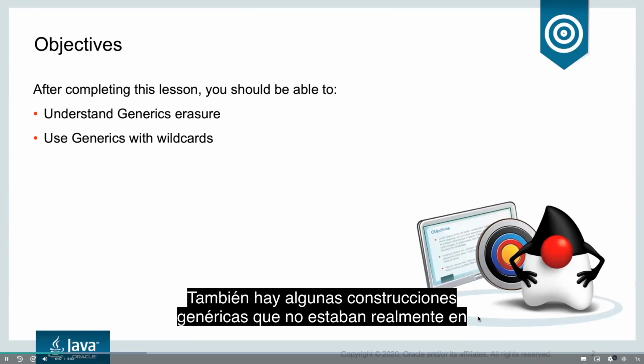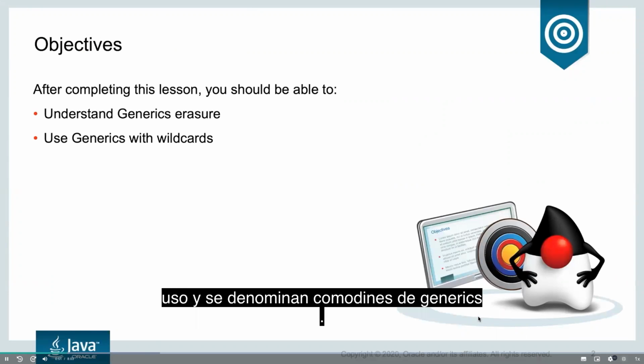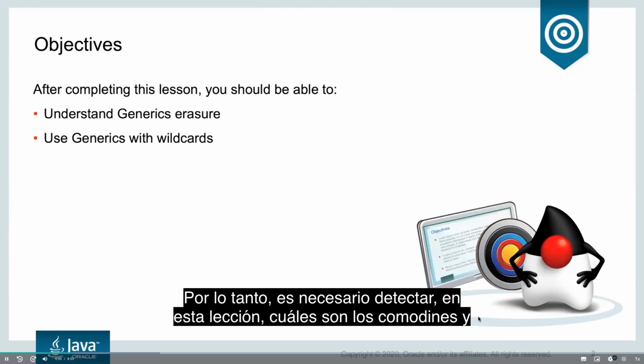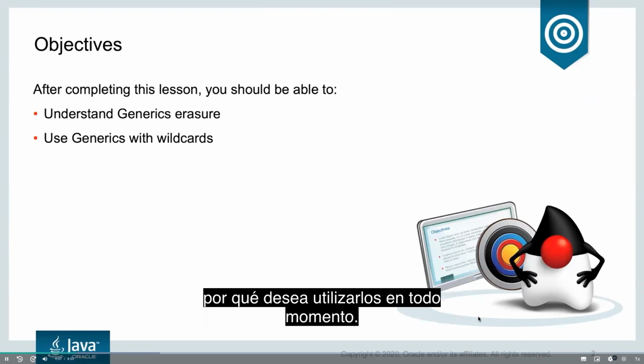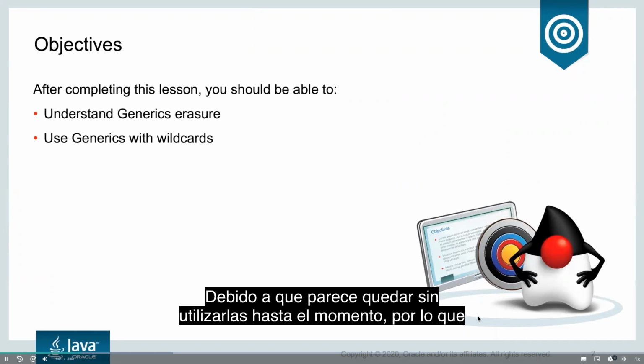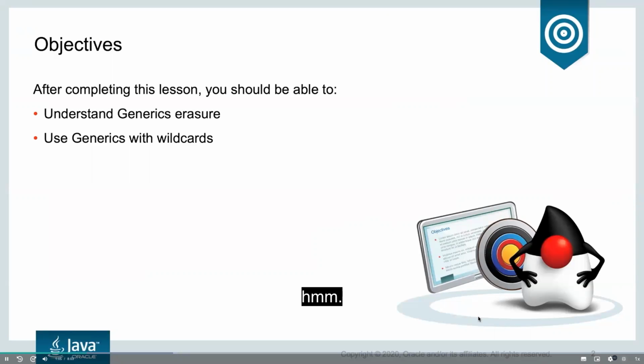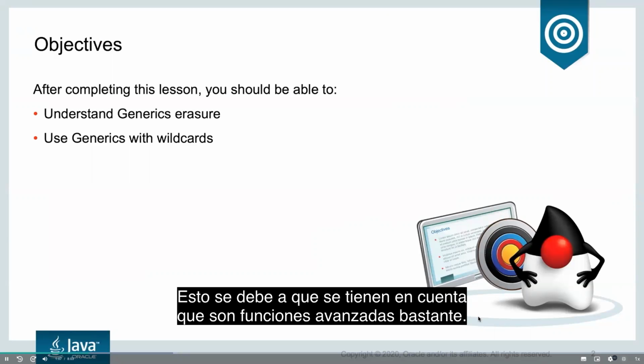There also are some generic constructs that we didn't really use at all, and they are called generics wildcards. So we'll have to discover in this lesson what the wildcards are and why you would want to use them at all, because we seem to get away without using them so far. That is because they're considered to be fairly advanced features. Anyway,